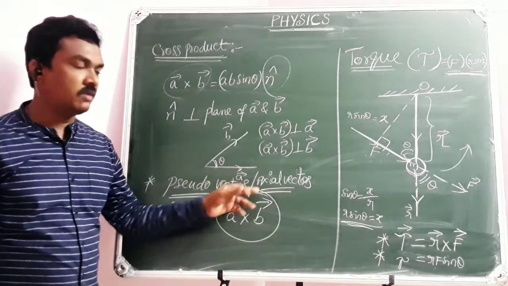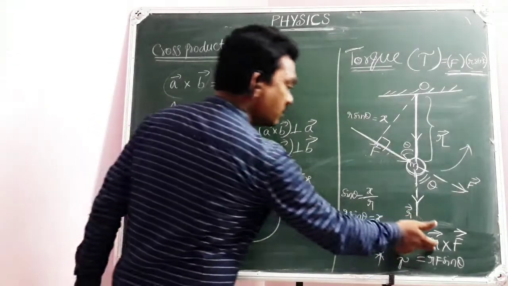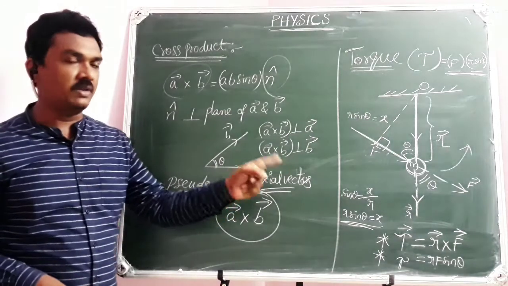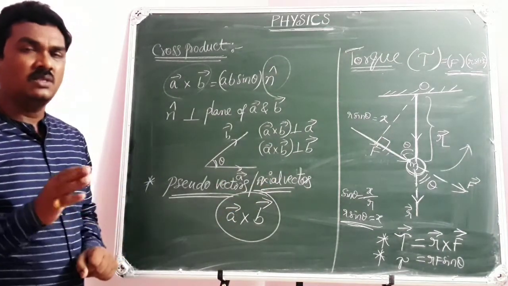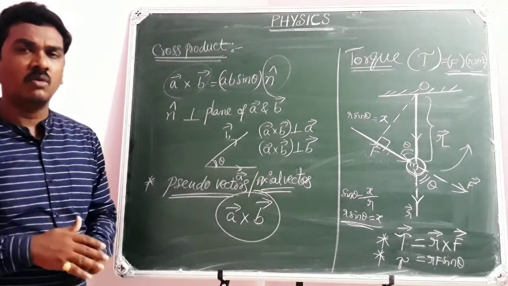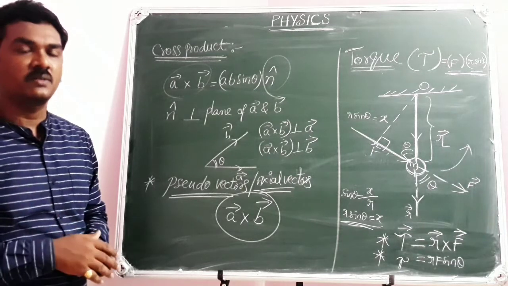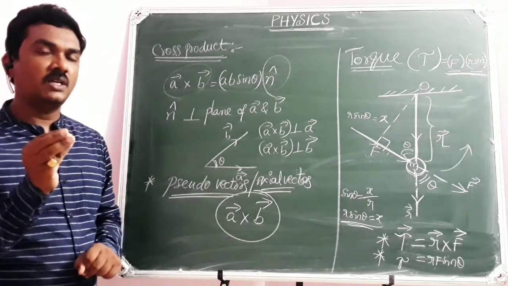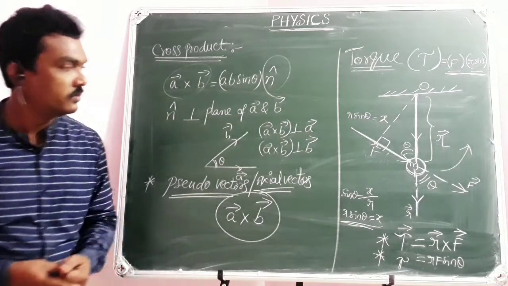Torque is a pseudo vector or axial vector whose direction will be given by the right hand rule, holding from r bar to F bar. That is r F sin theta, where theta is the angle between r bar and F bar. Hope you have got clarity on this. In today's class, I don't extend more. I will try to finish only the examples in physics related to cross product. So we are going to enter into the next example, which takes a little lengthy explanation. Meanwhile, note this down.